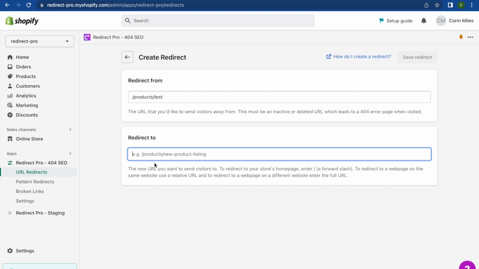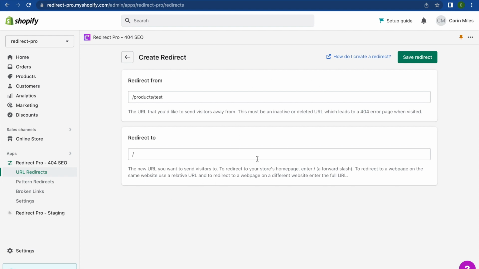So for example, if I wanted to redirect users to Google, I would type out Google's full URL like this. But for this example, I'm just going to redirect users to the home page. So to do that, I'm just going to put a / in this field. So once you've finished, you can click Save Redirect,